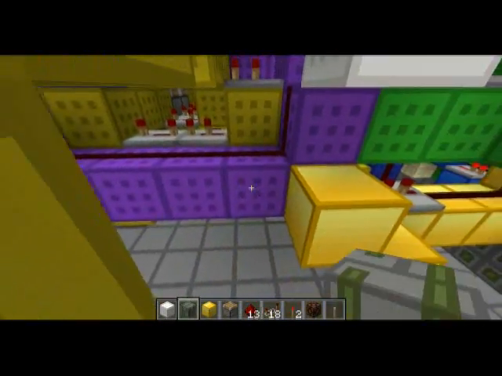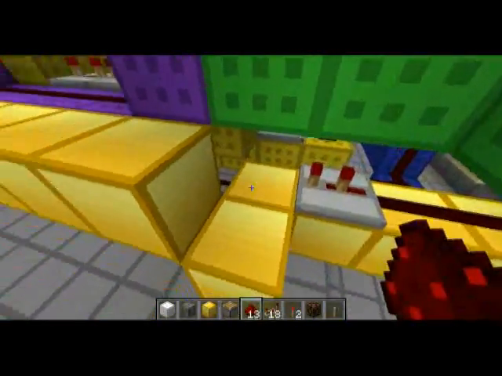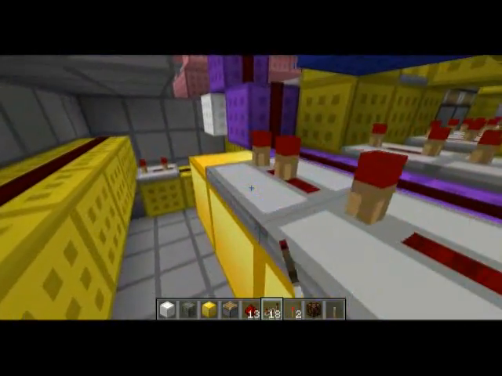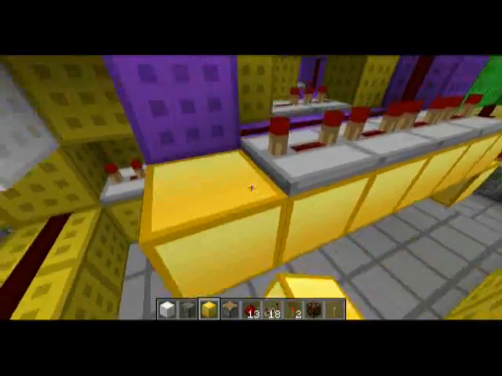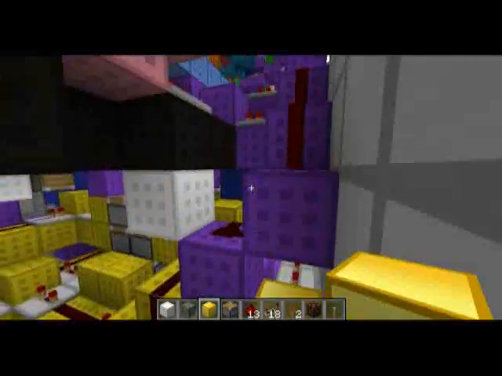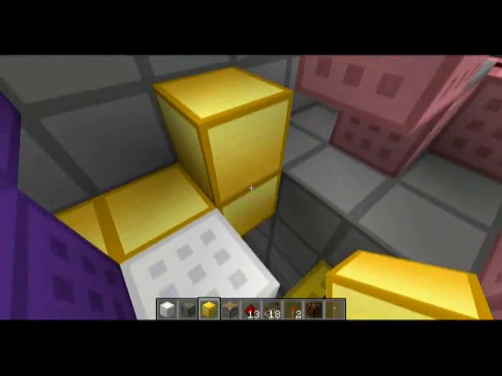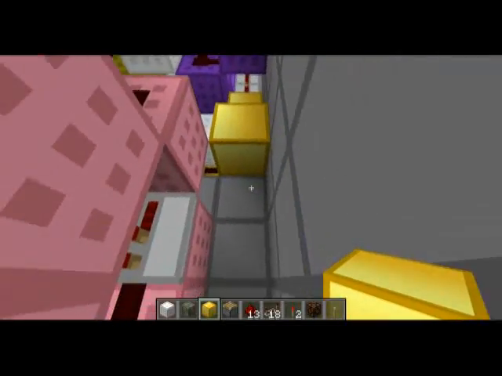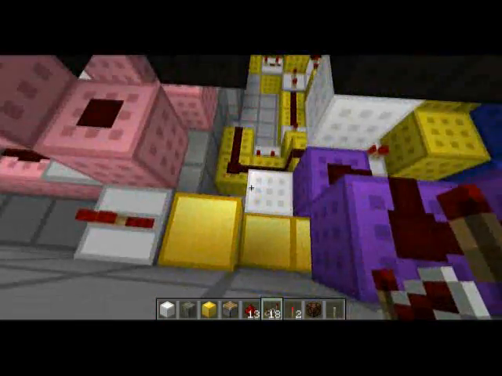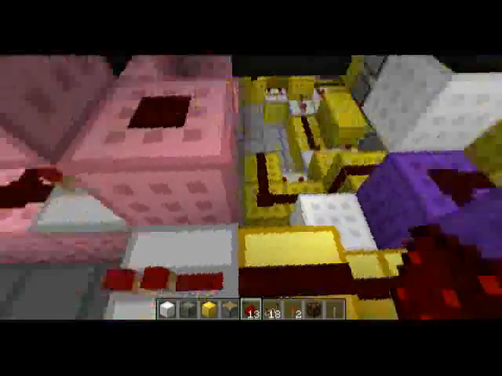And then from here you place four repeaters. So let's connect this up like that. And then four repeaters. And then you do one more repeater, so set to a 1. And then you can start bringing up your wiring. And like this, you place a repeater there, and redstone back like that,